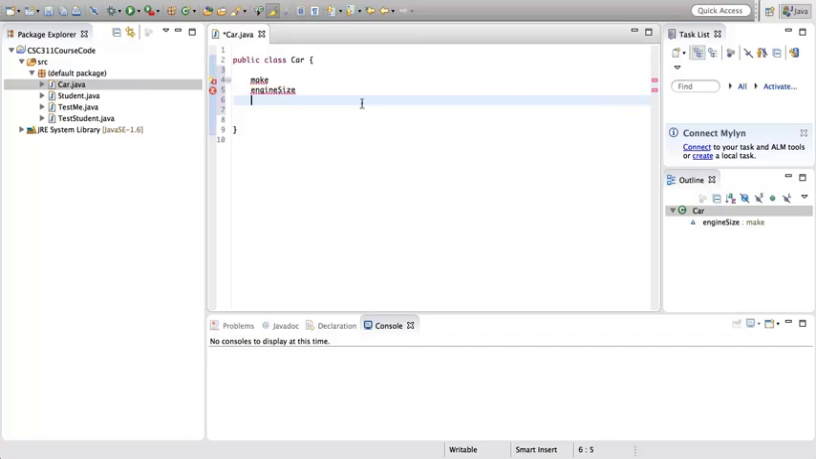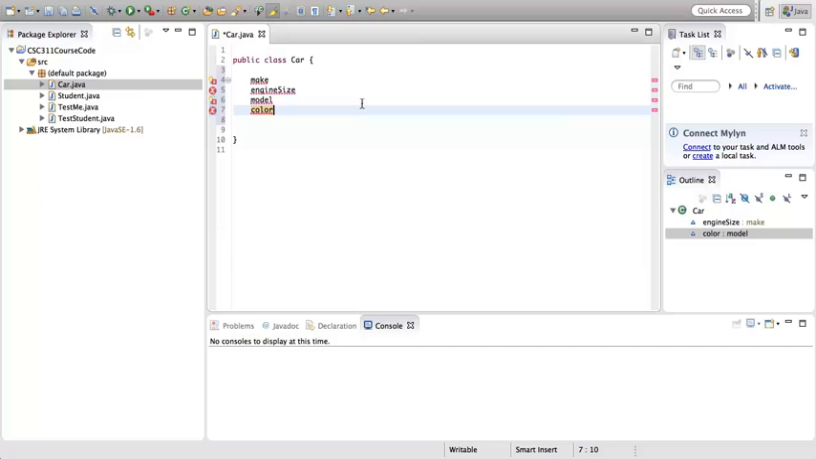Then we're gonna say model, which is model. What else? Color, for instance. Then we choose only these four